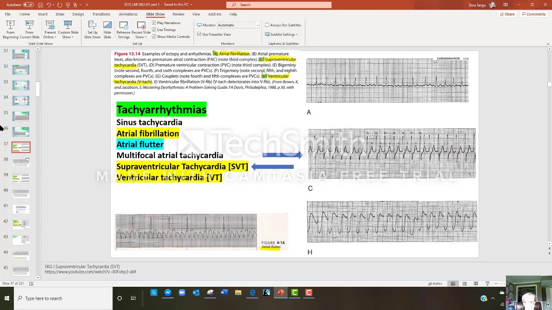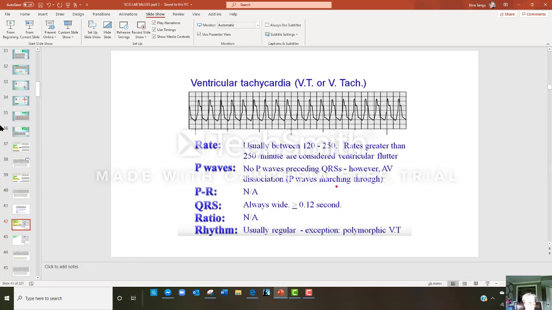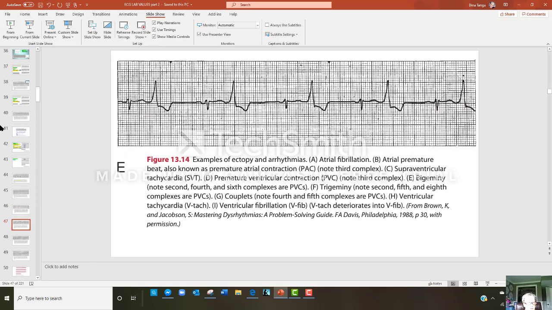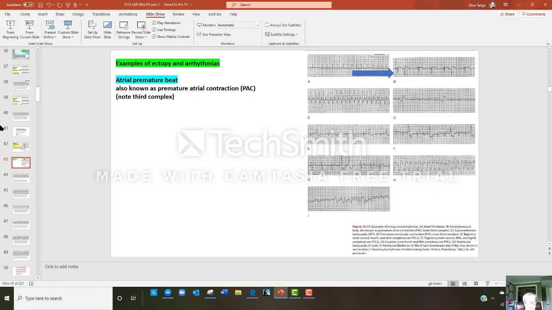So these were the tachyarrhythmias from figure 13-14 in the O'Sullivan book. We did all the tachyarrhythmias that are highlighted: atrial fib, atrial flutter, SVT, and VTs on the previous recording. Now this one is going to be on